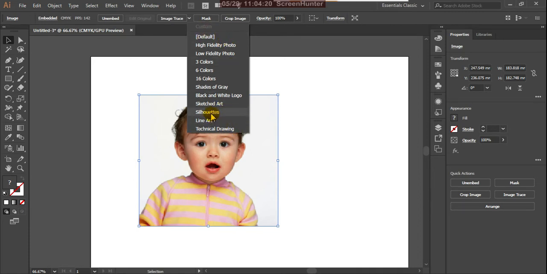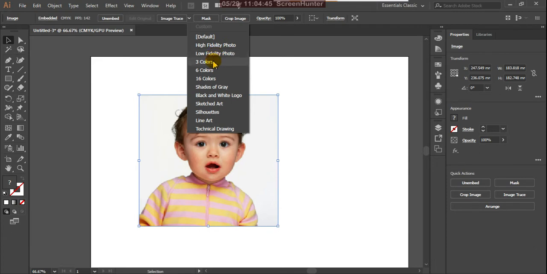These are different methods. So suppose default method, in default way it shows, and high fidelity, low fidelity is the quality and the resolution and the color composition. It can display the high fidelity photo, and in the same way in low fidelity it shows differently.